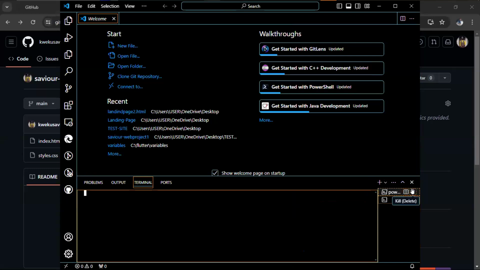So which folder do you usually use? Okay, let's just go to your bash. Let's use bash. Let's put it on your desktop.